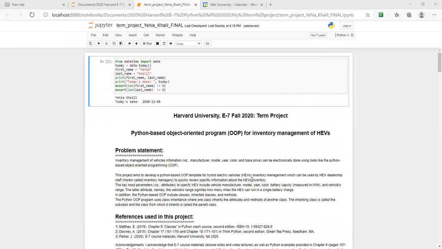I would imagine this could be used by vehicle dealership staff, which I call here the inventory manager, to quickly review information of the fleet. The code uses 6 modules, as you will see later, and I used classes, subclasses, and attributes, which include